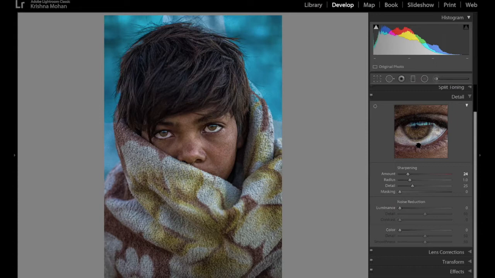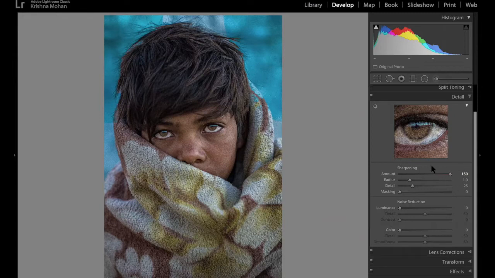A halo is an area where there is higher contrast of black and white. When you start seeing it, because in a video it's very difficult for you to judge, I'll crank it all the way up, so you can see around here basically what has happened. Or if I go here, you can see around his eye, there is a halo developing. So that halo should not happen. So you bring it all the way down.